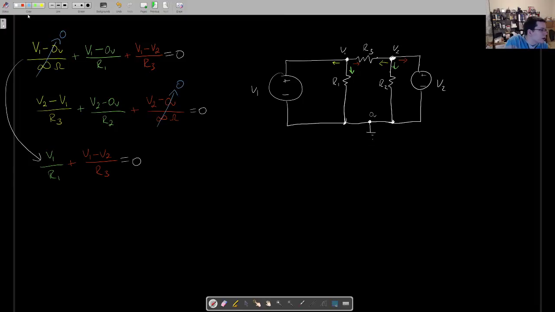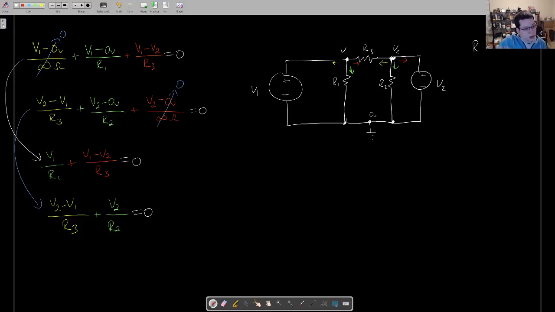That one goes up to there. This guy's going to come over here. We'll do V2 minus V1 divided by R3 plus V2 minus 0, not even going to write it, divided by R2 equals 0. Now we have two equations,